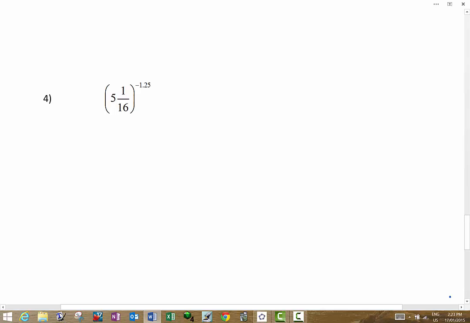And finally, perhaps the most complicated one, 5 1/16 to the minus 1.25. Well, again, let's make 5 1/16 into a fraction, just a simple fraction, top heavy. 5 times 16 is 80 plus 1, so this is 81/16. Minus 1.25 is minus 1 1/4. Minus 1 1/4 is the same as minus 5/4. So again, first off, let's deal with the negative sign, and we're just going to flip this. So that's the same as 16/81